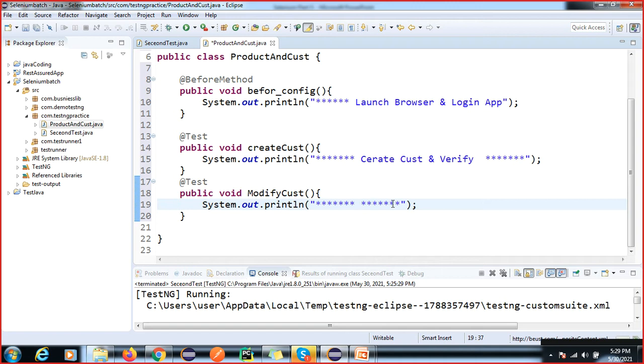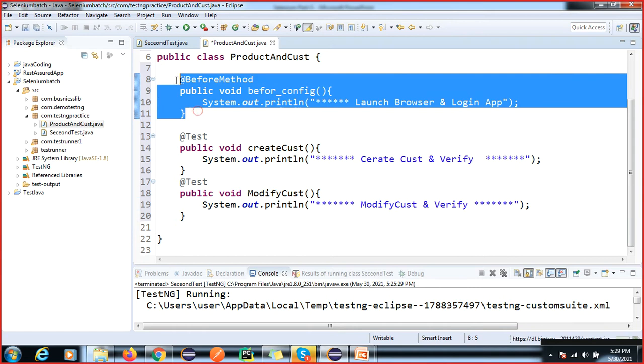Okay, keep doing whatever I'm going to tell you. Here we have modify customer, then modify and verify customer.